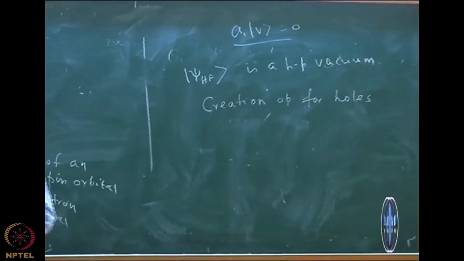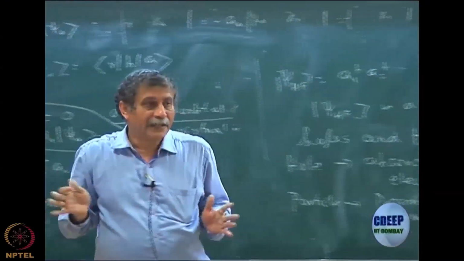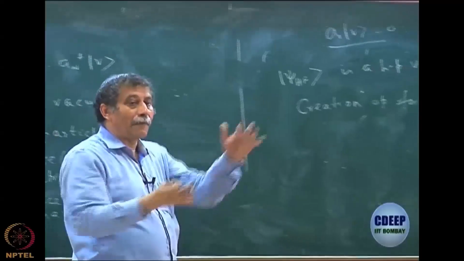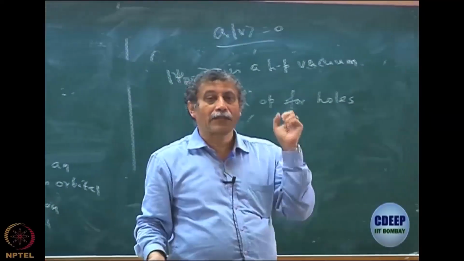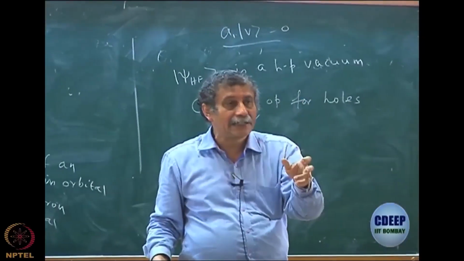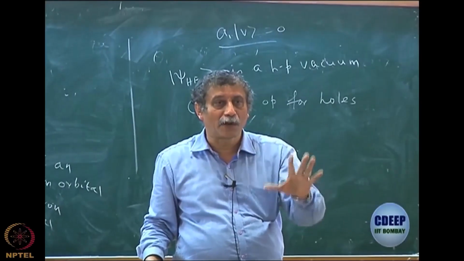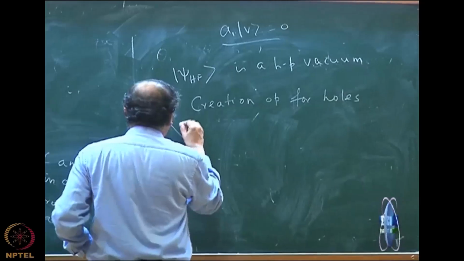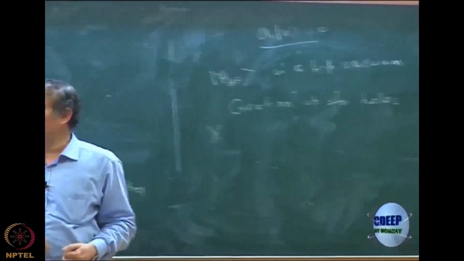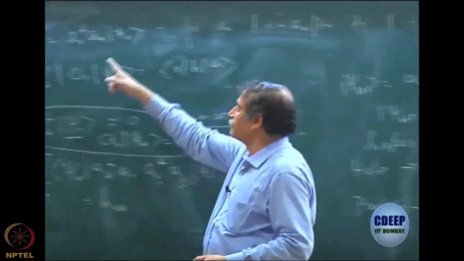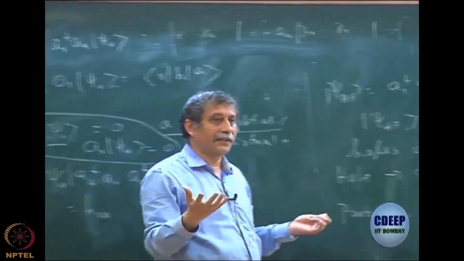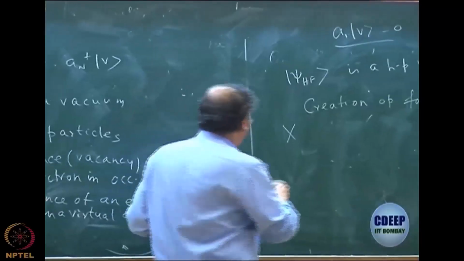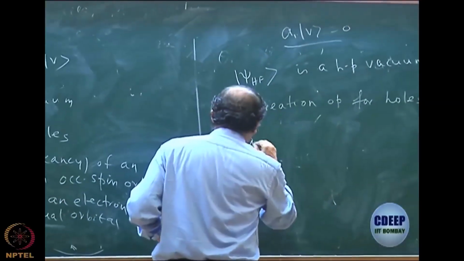Okay, this is no longer a creation operator for normal electrons. So, how do I define a creation operator for holes? From the Hartree-Fock, I have to actually annihilate an electron in the Hartree-Fock orbitals, right? So, let me define this creation operator as X, just to distinguish from the small a. A was the electron creation operator, this is the hole particle creation operator. So, I define a creation operator X_A dagger